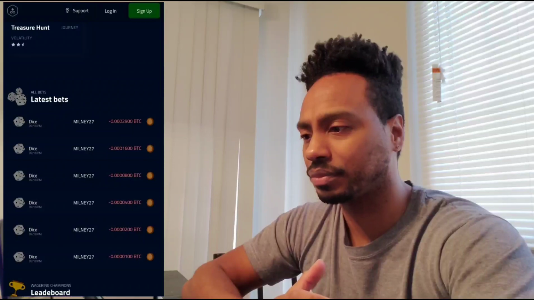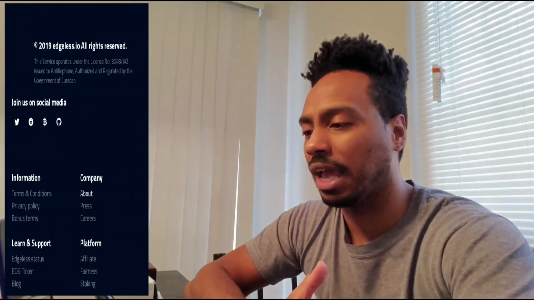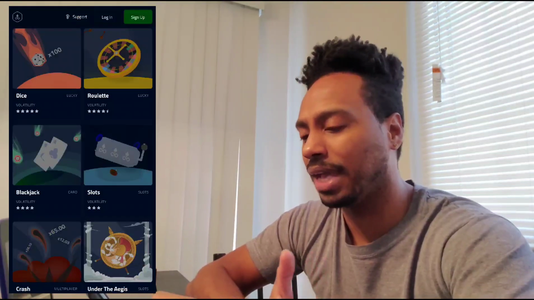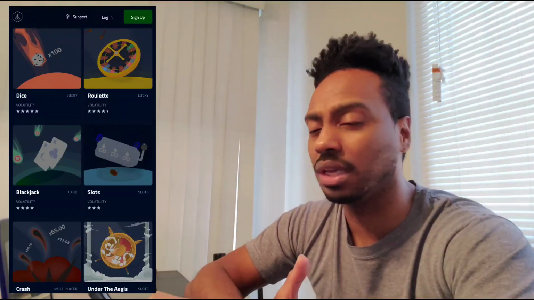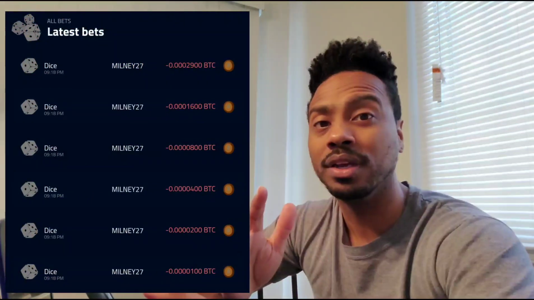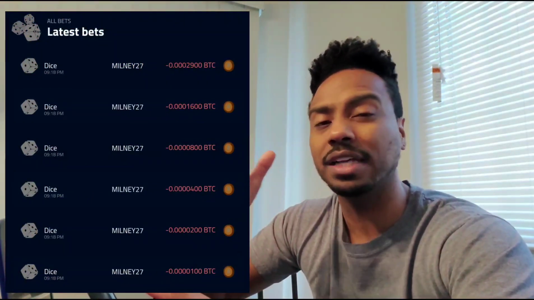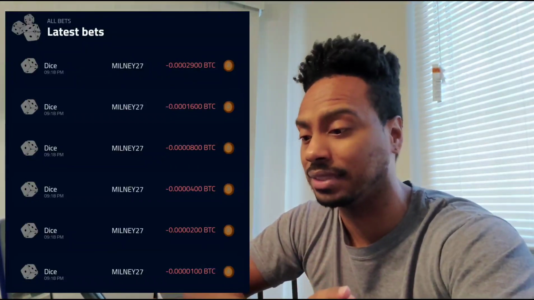But back to Edgeless. Okay, another thing I want to put up is a screenshot right here for you guys, just giving you a look at a little bit of what it looks like as far as the games they have up here. They have dice, roulette, blackjack, slots, crash, and probably a couple other things too. As you can see, another thing that kind of caught my eye that was interesting was people were using Bitcoin. So a Bitcoin slash whatever cryptocurrency casino. Fascinating, excellent idea. I really like it. But let's not get ahead of ourselves